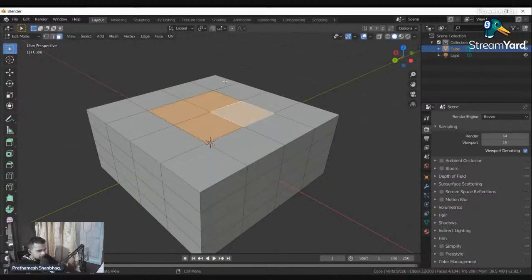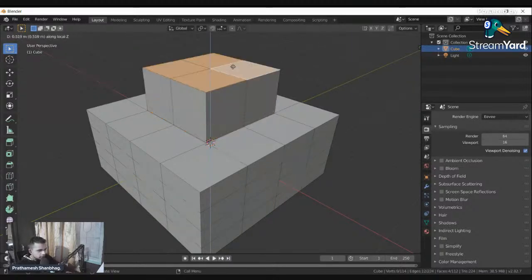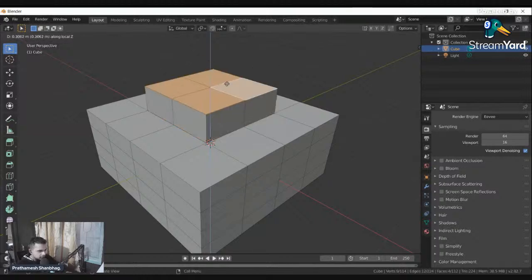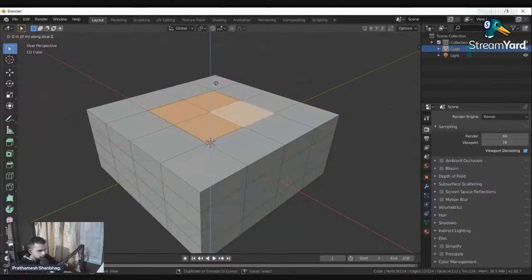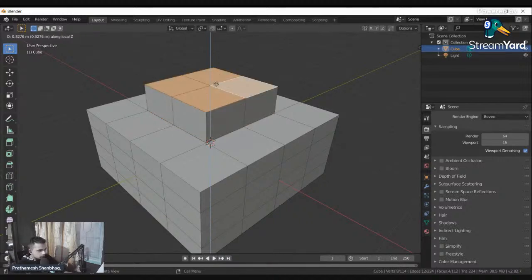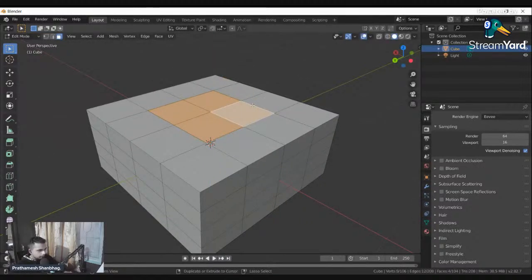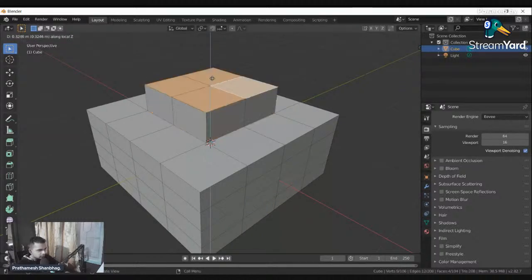I pressed E, E is for extrude. If you press E, it goes into extrude, and then I press Z so that I can extrude only on the Z axis, as you can see. All right, only on the Z axis.